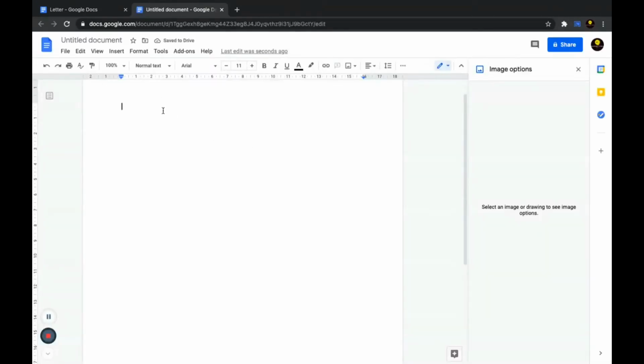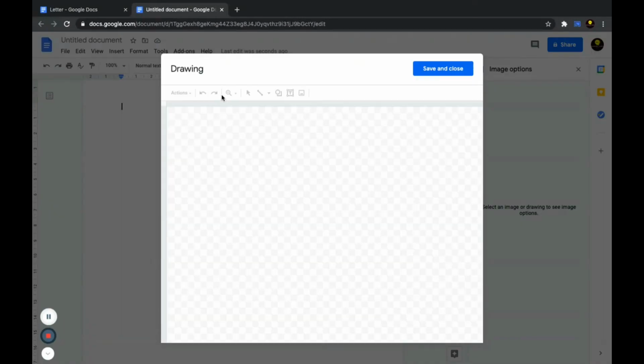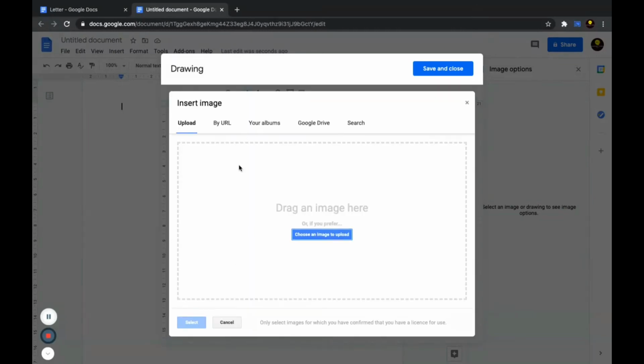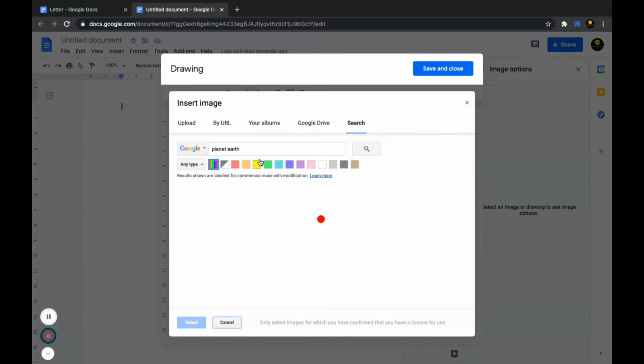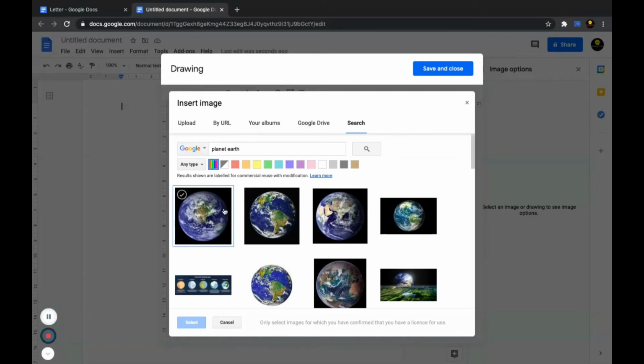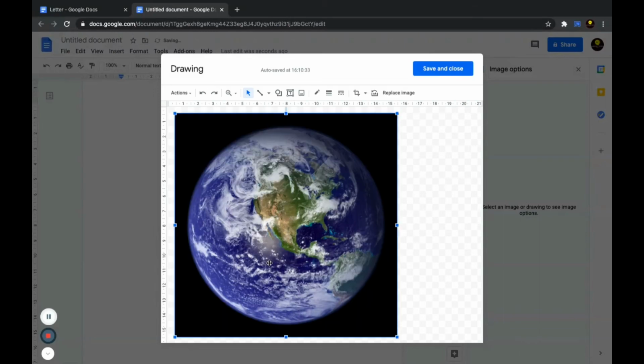So if you're doing something like a project for space or anything like that, then what we're going to do is go into the new drawing option. I'm just going to show you a few ways that you can use this. So what we're going to do is select an image, and we're just going to search Google for planet Earth. Okay, so we'll click on planet Earth here, and we will select this,